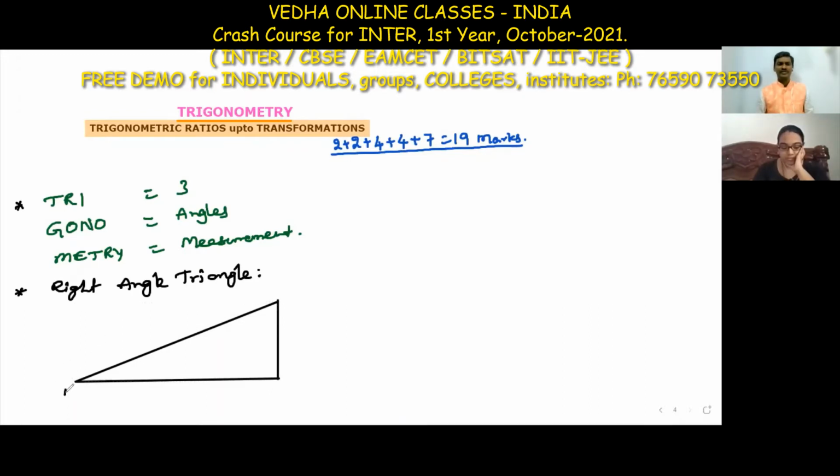For example, I am taking ABC. ABC is a right angle triangle since here angle B is 90 degrees. The side opposite to 90 degrees is called the hypotenuse. If we consider the angle A as theta,